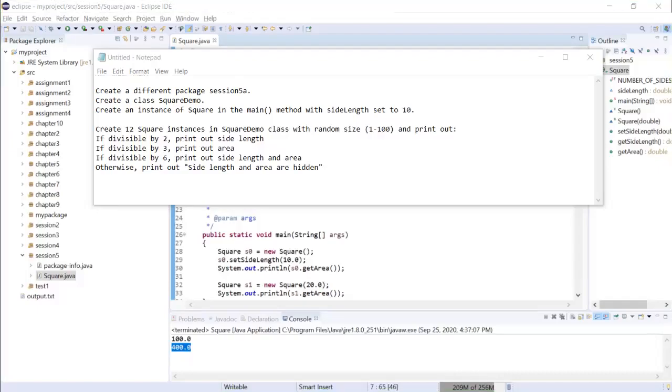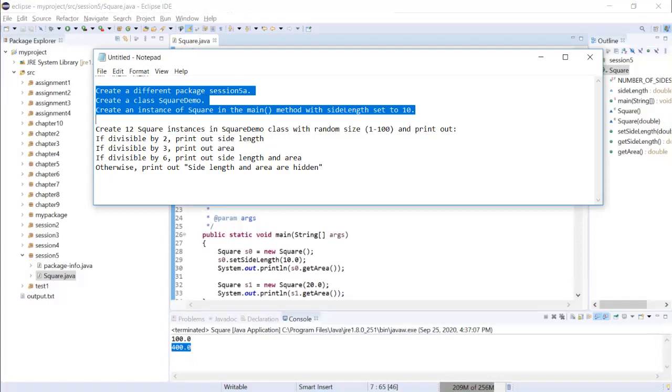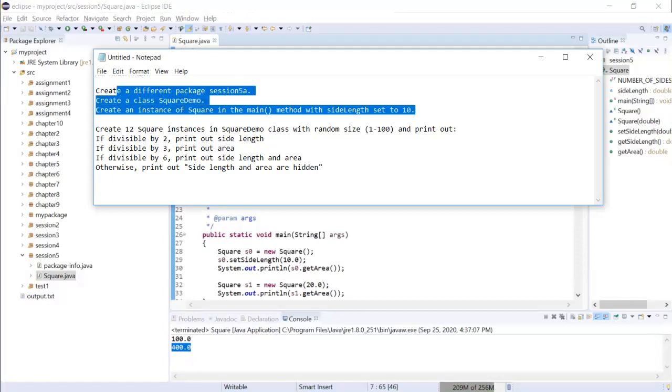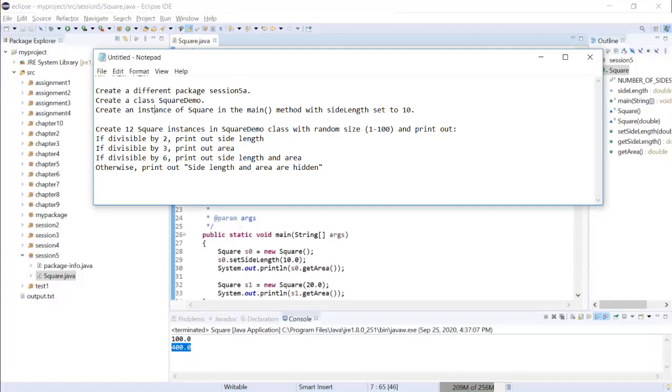In this session, we are going to create a utility class, which is used to demo the square class we just created. So we are required to create a different package and create the class SquareDemo inside this different package and create an instance of square in the main method with side length set to 10. Apparently, the reason for using this different package is to give you a training on how to reference classes from